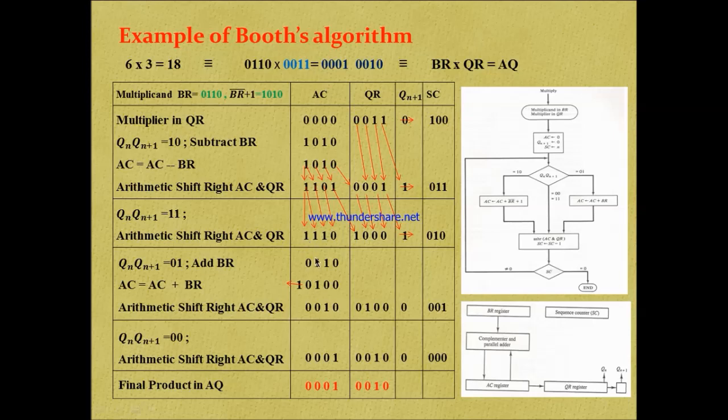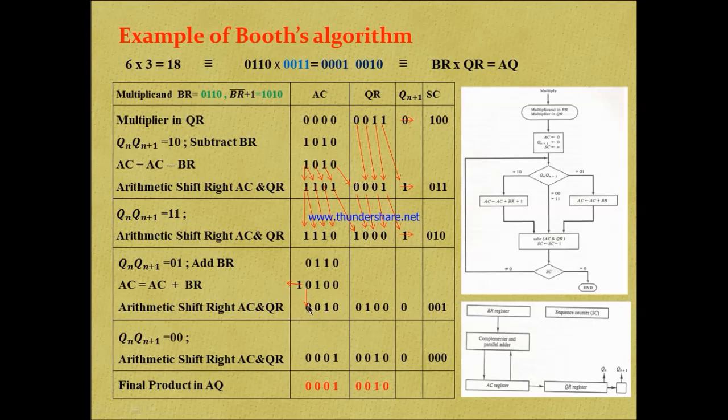Sorry, this carry 1 plus this 1 is 10. This 10 plus 1 is equal to 10, that means it is 0 and carry 1 is here. This carry should be discarded, that's why I have discarded the carry. Now up to this operation is performed. Now we will go for the right shift. We will right shift all the bits of AC and QR, discarding this carry bit.